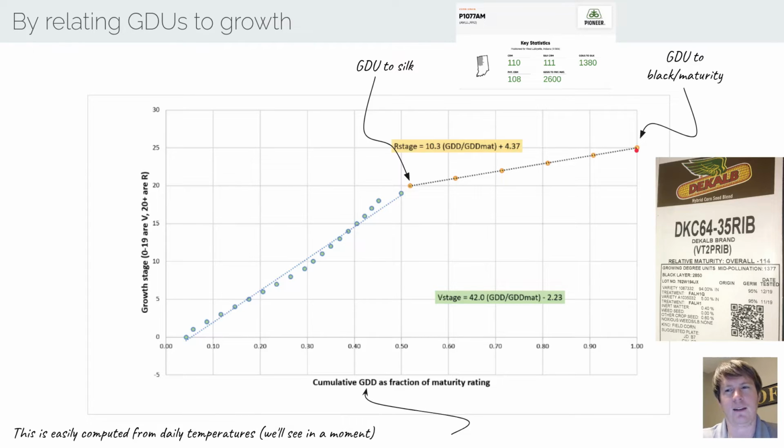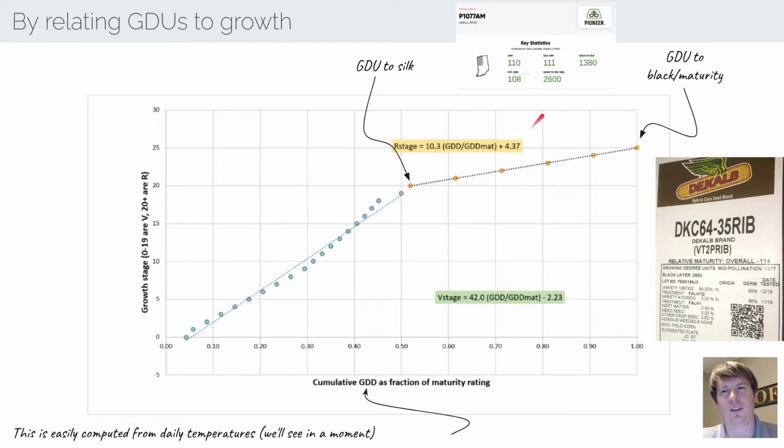So once you plant it, however long it takes to accumulate 2,850 GDUs, that's when the plant will finish and black layer will form, roughly. And also the growing degree units to pollination, that's essentially to the point of silking. There's 1,377 GDUs needed to get to the silking